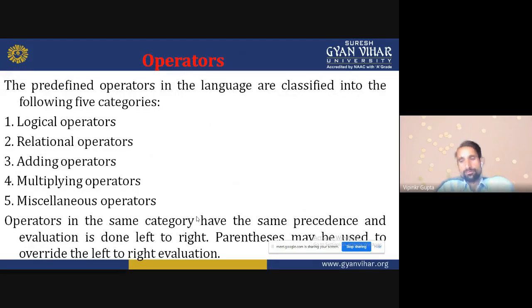Operator. Suppose that I am writing a program and during the program I need some operators, because we are also doing ALU operations.